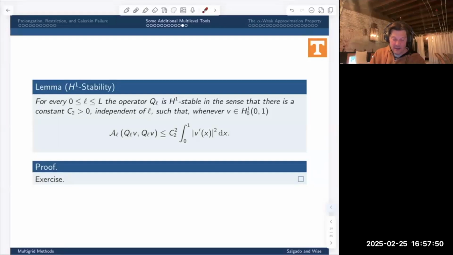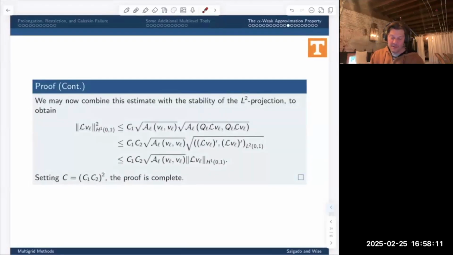If I take square roots of both sides, then this is precisely going to be the object that I'm dealing with at the moment. I want to get rid of this A_L and this Q_L, and this H1 stability of my L2 projection allows me to do that. So I'm going to replace this with that. That's my H1 stability of the L2 projection. Now, what do I have? This object here, that's basically what I want. This object here is just going to be the seminorm